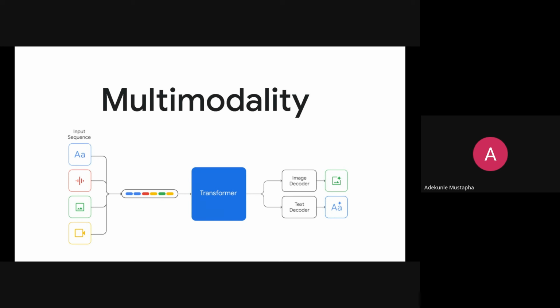So just like the human brain or the human body can seamlessly integrate information from our senses to understand the world. While my eyes are seeing something, I can also be touching something. I can also listen to what's going on, and I can use that to integrate multiple information to understand what's going on at that particular time. So multimodal AI helps to achieve something similar to that level of understanding.